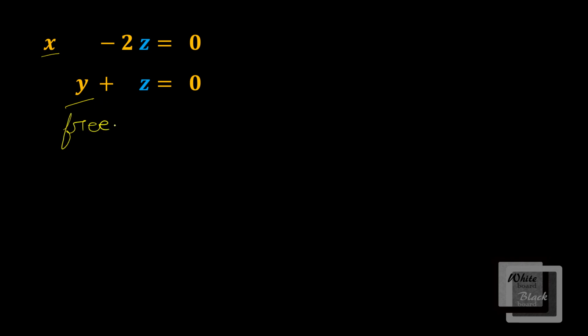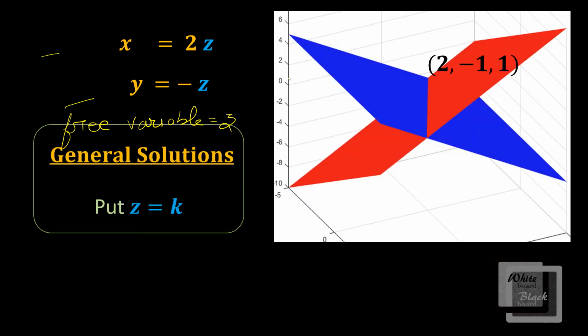So there we have only one free variable, that is z. In order to find a non-zero solution, we will put the free variable equal to k. Whenever k equals 1, the solution will be (2, -1, 1), and if we put k equal to 2, the solution will be (4, -2, 2), and so on. For k equal to 3, for k equal to 4, for k equal to 0.5, you will get infinitely many